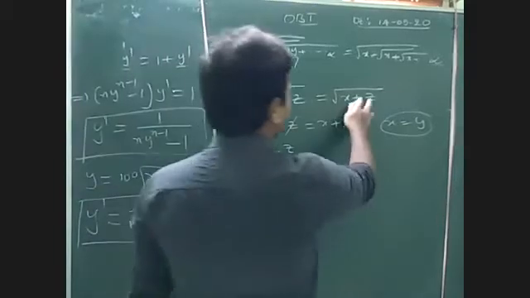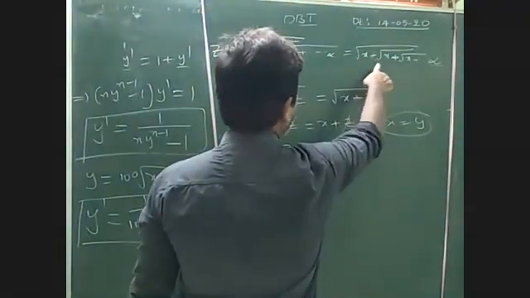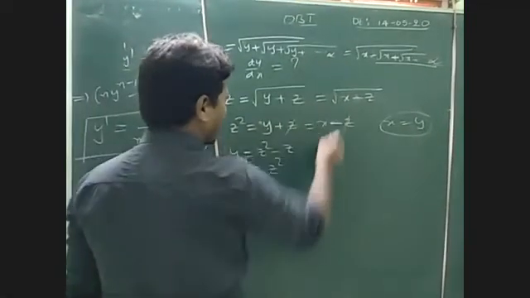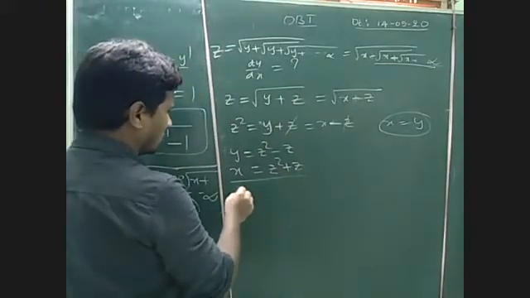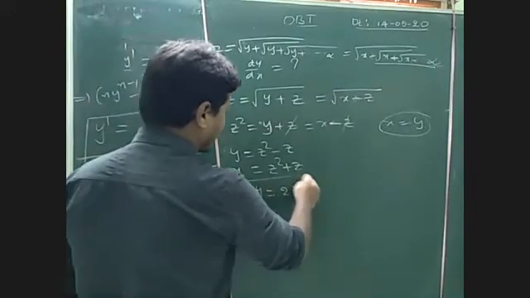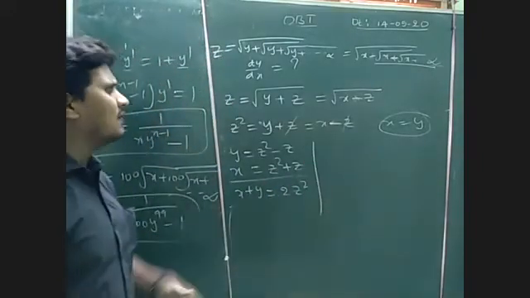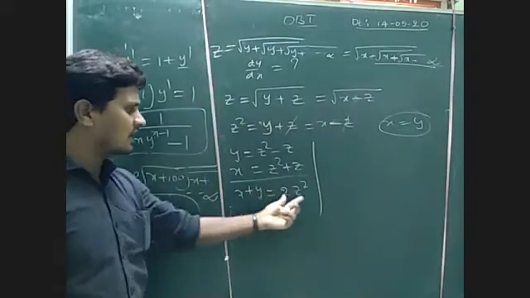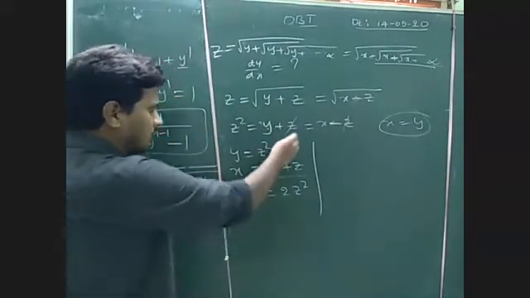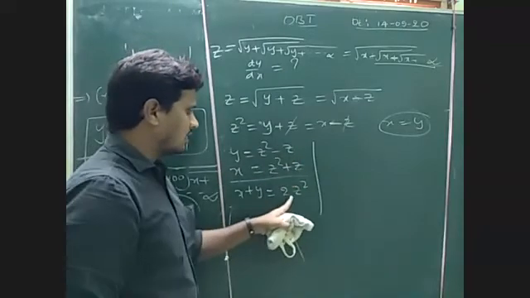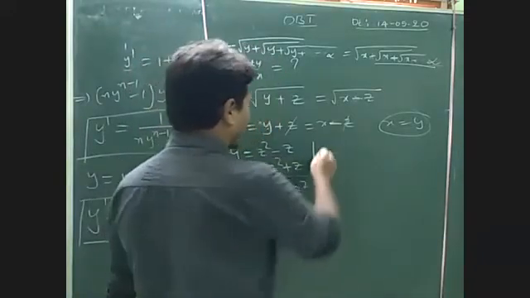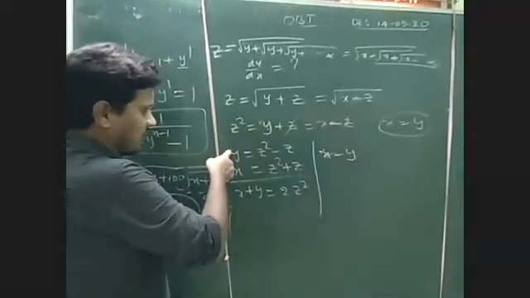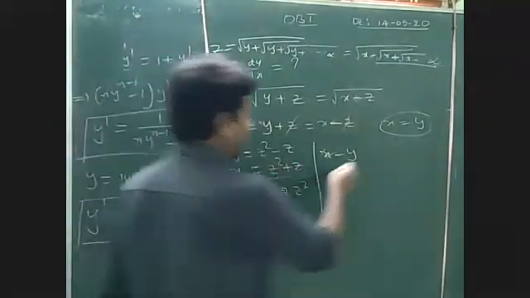So here it will become minus z. Whenever it is minus z, what is the x value? Plus z. Then adding these two, x plus y is equal to 2z square. We need to eliminate the z value. Adding these two, minus z plus z gets cancelled and we get 2z square. Subtracting, x minus y, then z square cancels and we get 2z.